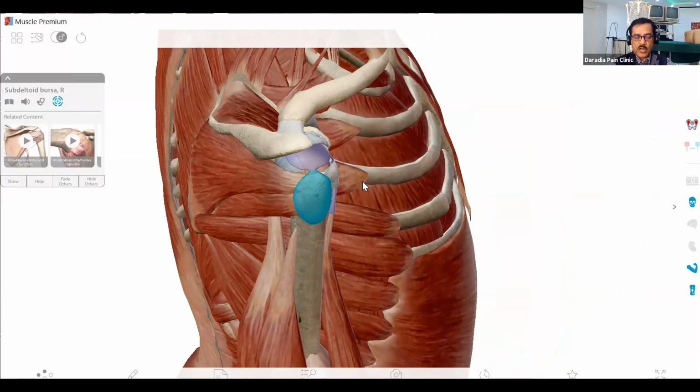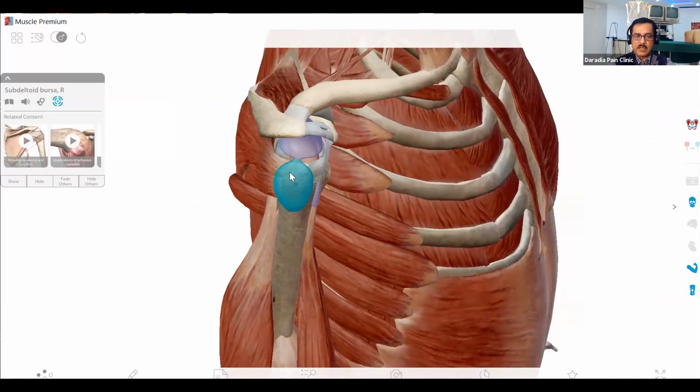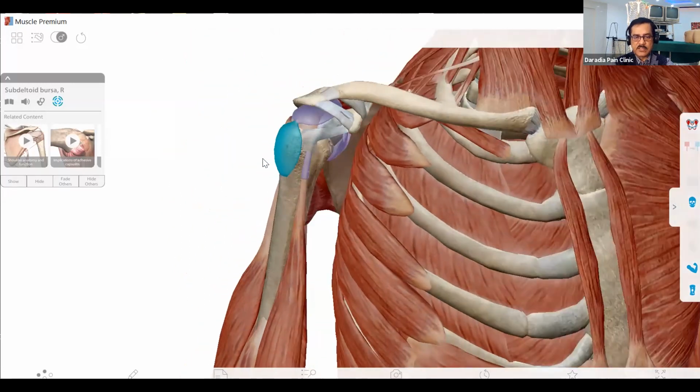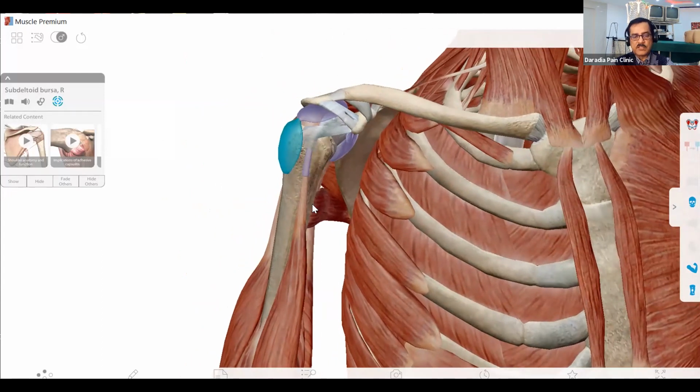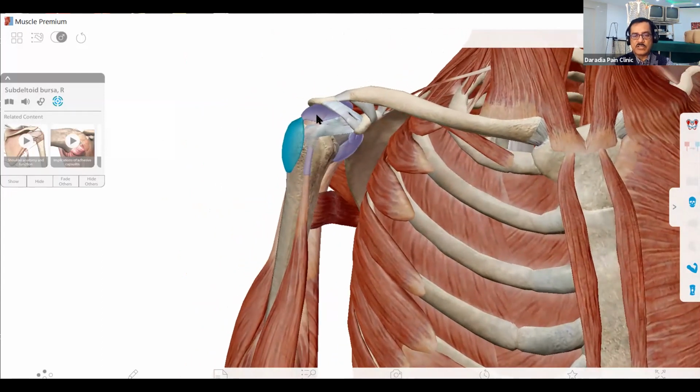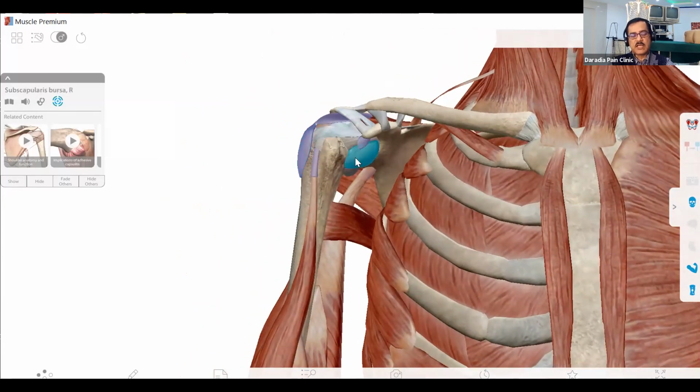So remember, the rotator cuff muscles have different bursa below and above them. The most important bursa, which are actually causing the pain, are the subacromial and subdeltoid. I told you these are shown as 2 different bursa, but it's basically one continuous bursa. And anteriorly we have the subscapularis bursa. Now let me remove this bursa, and our ligaments will be exposed.